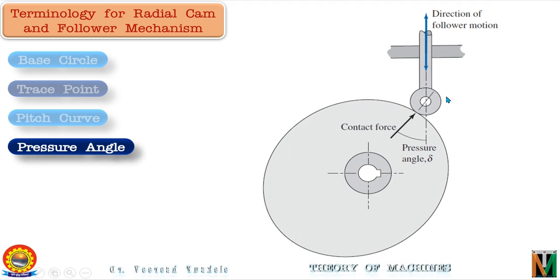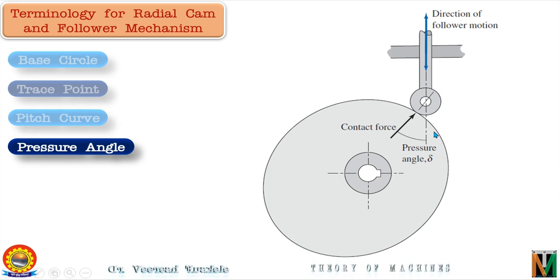So this is the point of contact of the cam and the roller, and this is the direction of the common normal at the point of contact of the roller and the cam. And this is the direction of motion of the follower, which is the vertical direction. So we see here that the normal contact force will be acting in this direction, but the roller has to move in the vertical direction as it is constrained by this support. But the follower is being pushed along the direction of the common normal.